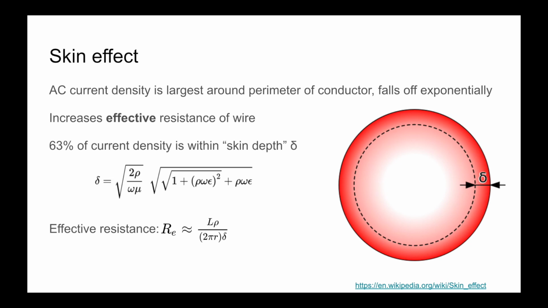This 63% number comes from the common 1/e factor usually referred to when talking about exponential curves. It is the distance at which the current density is 1/e of its maximum value, if you want a more formal definition. Going through some algebra on this nasty expression for the skin depth, we can determine that the effective area of the conductor can be approximated as just the circumference of the wire multiplied by the skin depth. The effective resistance then uses the same length and resistivity as the quote-unquote regular expression, but with the new effective